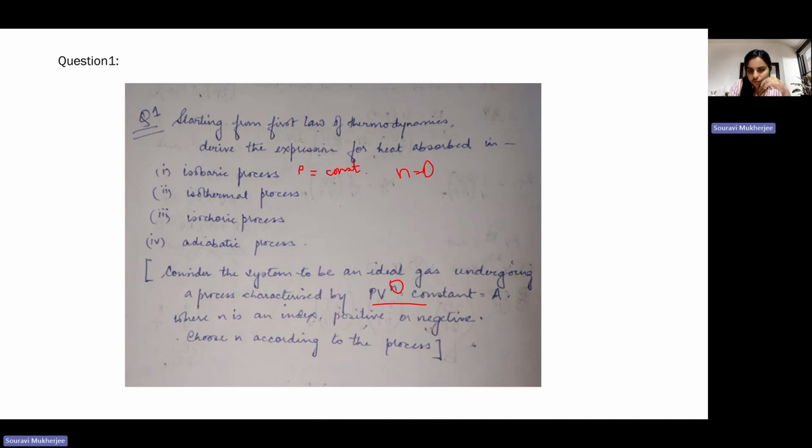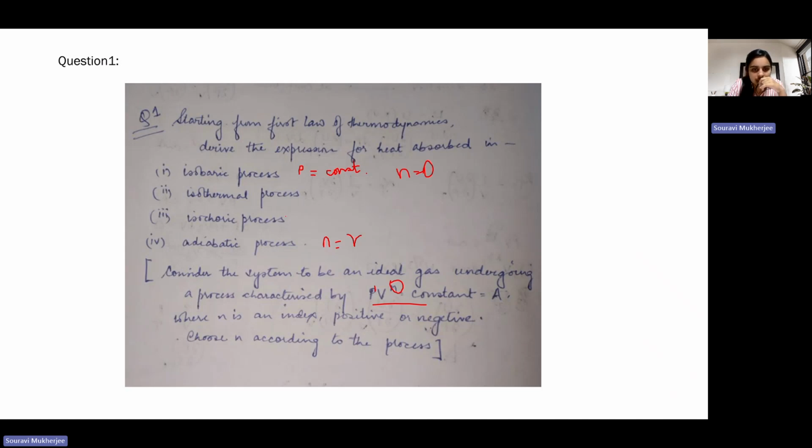For isothermal, we already know PV equal to constant. This is considering ideal gas, okay? So PV equal to constant means here n is equal to 1, right? For adiabatic, we know it's of the form PV to the power gamma equal to constant. So in that case, your n will be nothing but gamma, right? And there are important relations of gamma with specific heats. Gamma equal to Cp by Cv, and all those kinds of relations become very useful in